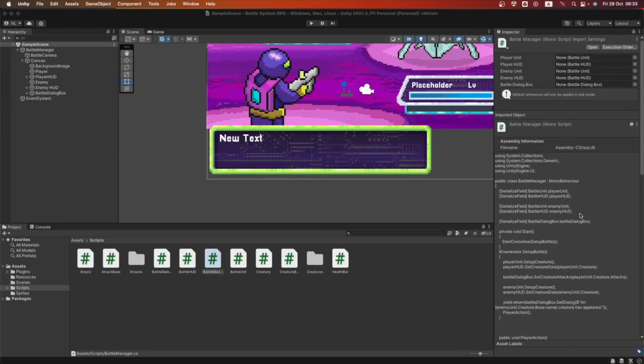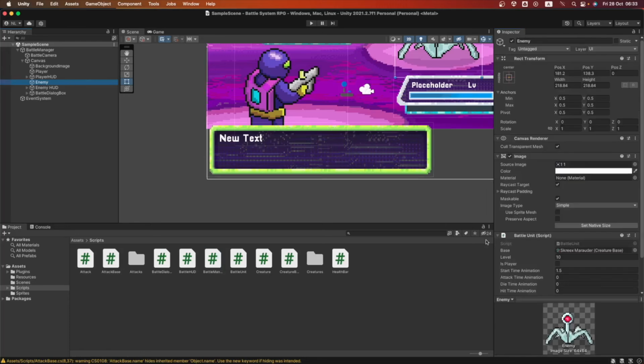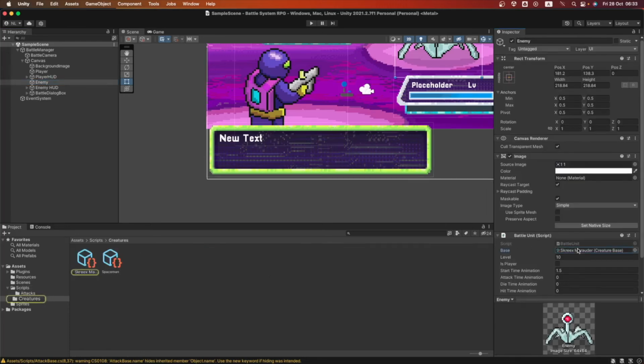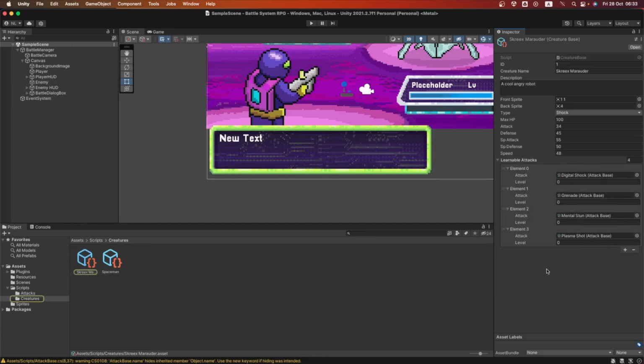Let's see if our enemy already has attacks in the inspector. Let's select our enemy, our Scrix Marauder. So I had implemented my attacks for this enemy. If you hadn't implemented them, remember, you can write up to 4 attacks.